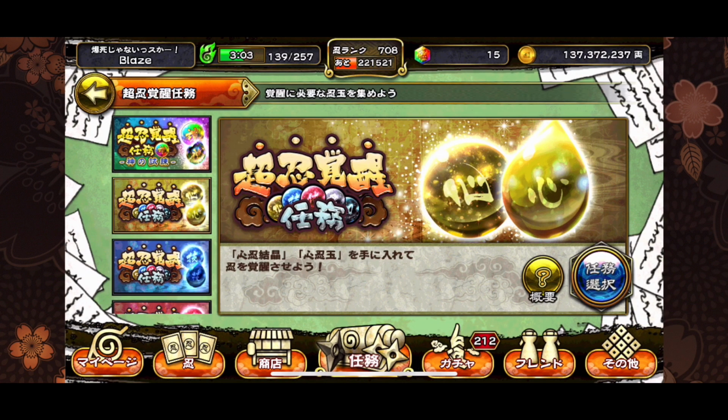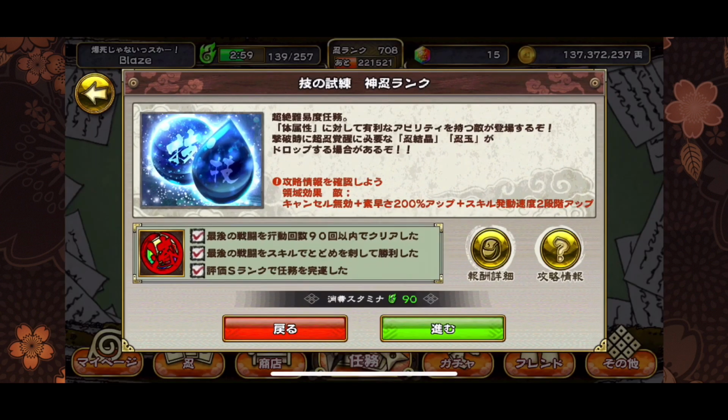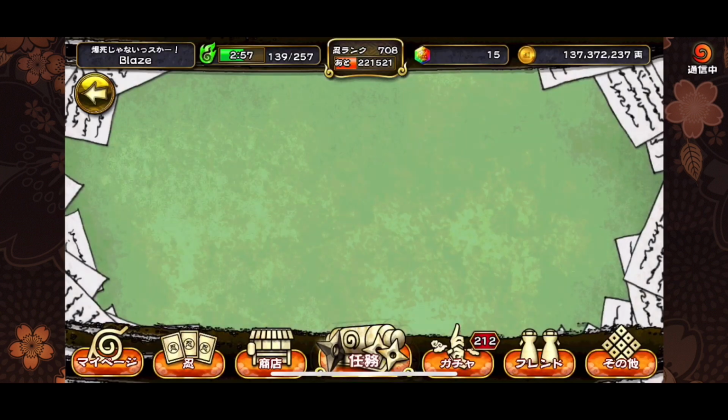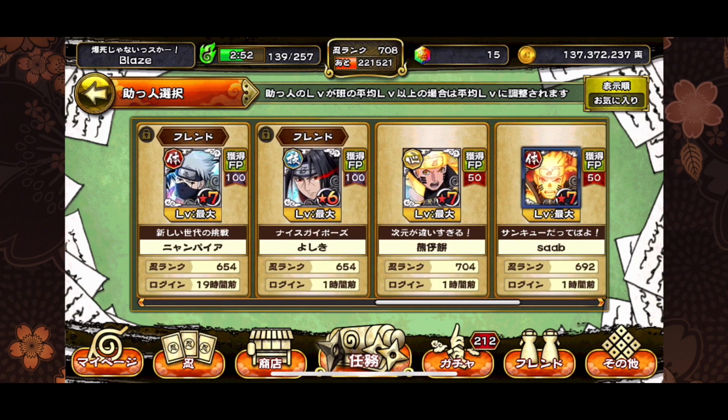And that was the 7-star one right there, but for anybody who doesn't know, because a lot of people, well, especially newer players, don't know how to beat these kind of 7-star Pearl missions. I never really had a struggle with them, but then again, I have some halfway decent units. So